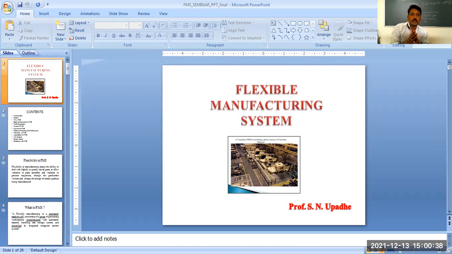In that case, we assign all the resources that we have to the manufacturing facility, and manufacturing of only one system or one product takes place. And we can have n number of parts for that product.